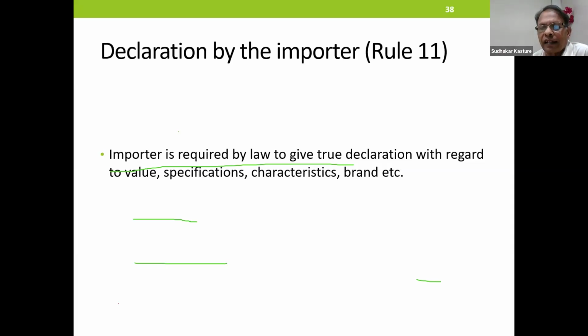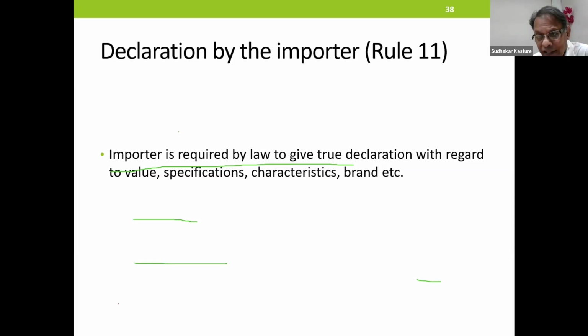I imported a car. Declaration is correct, but not accurate. I import Lamborghini XYZ model having this specification, these characteristics. A car can be valued from maybe 6 lakhs to 3 crores.